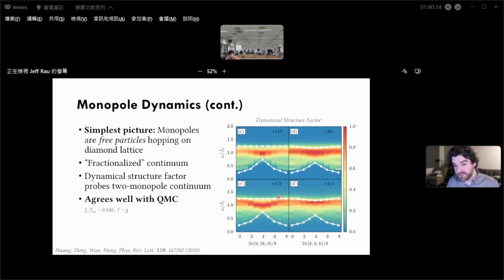How broad they should be depends on the magnet, the type of interaction, all these things. So a fractionalized continuum could be convincing, but one does have to carefully eliminate these other possibilities, namely disorder, quasi-particle decay, these kinds of things. The best thing you could get would be some kind of actual topological